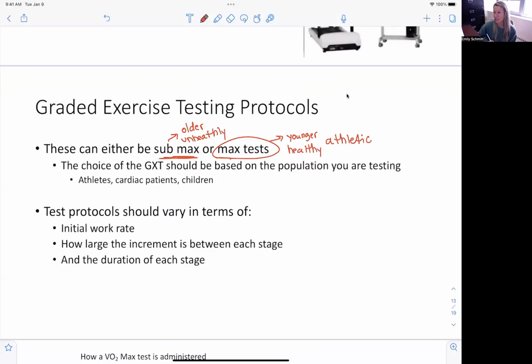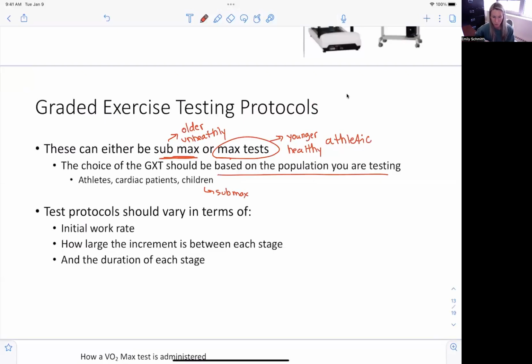The max tests are difficult. You kind of have to have that athletic mentality of like, I'm going to sprint up this hill and I'm going to do a great job. And the clinical population might not have that for a lot of reasons. So there are ways that you can adjust these maximal testing protocols that you wouldn't do on a clinical population. So that's why this says it should be based on the population that you're testing. So are you testing an athlete, a cardiac patient, a child,